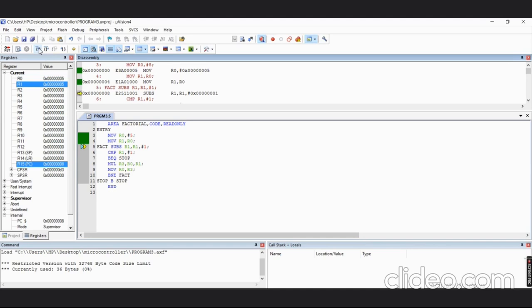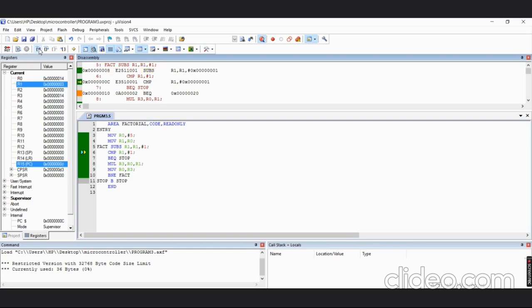Then we are copying the same value to register R1. Next, we have subtracted 1 from R1, that will be equal to 4, that is stored in R1. Okay, comparison is not shown in the register, it is done. Then the multiplied value of R0 and R1 is stored in R3, that is equal to 14, that is hexadecimal value of 20. Then again this value will be copied to R0, then